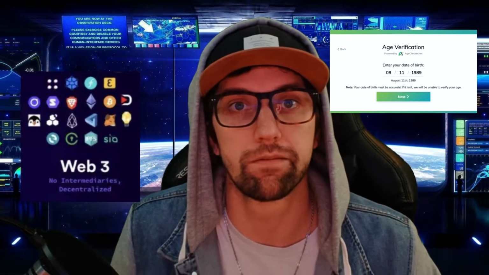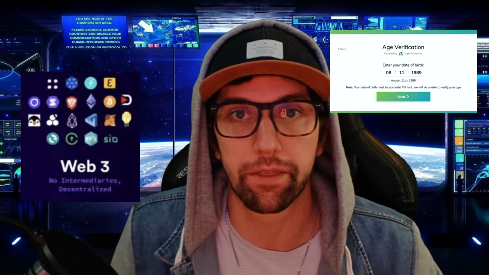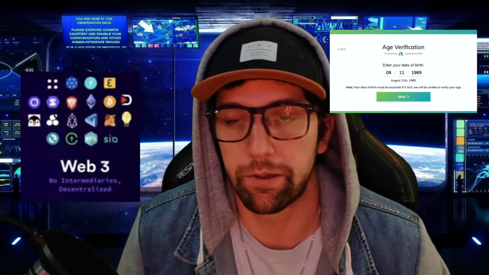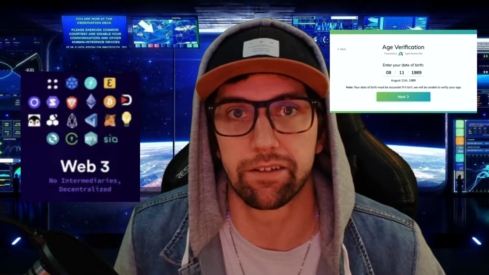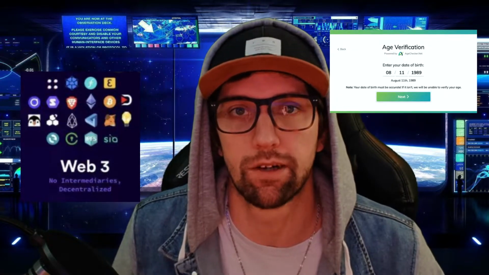Now, when we go back to our other examples of being able to log in, you have Web 1 where you got to put in your username. You have Web 2 where you can use your social sign-in. Now with Web 3, you're going to be able to use signatures. So think about when you're on a website that requires an age limit. So let's say you have to be 21 to enter the website, and it asks you for your date of birth. Theoretically, if you wanted to, you could put any birth date. It doesn't matter. There's going to be no way for them to verify, and as long as you put the birth date, it will let you into the website.